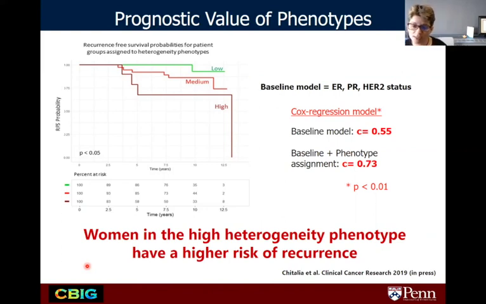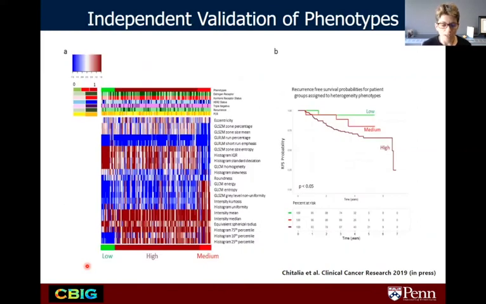And what we saw here is that it resulted in a statistically significant improvement of the statistic in terms of predicting the outcomes. And that's all nice in the discovery set, but ideally the holy grail here is to do validation. So we took the I-SPY data, and the way we went about the validation is not to necessarily recluster the features.